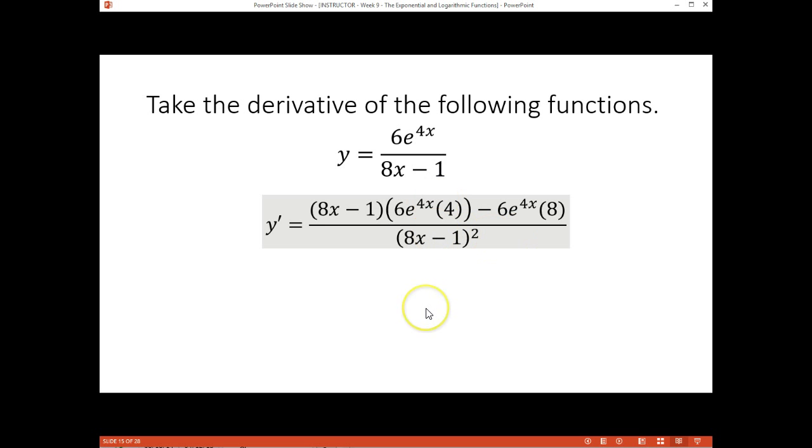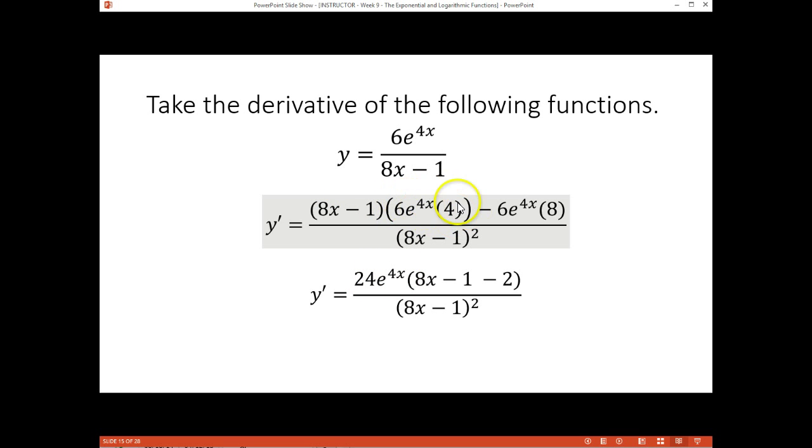Now we want to simplify this, and I want to encourage you when you're taking derivatives of these exponential functions, one of the easiest ways to simplify is to try to factor things out. If you look at this first, this is my low d high and my high d low. Notice they each have a factor of 6e to the 4x. So I'm going to factor that out. And then I have a factor of 4 and a factor of 8 here, so the greatest common factor is 4, so I'm going to pull out an extra factor of 4. So I'm actually going to factor out 6e to the 4x times 4, which is 24e to the 4x.